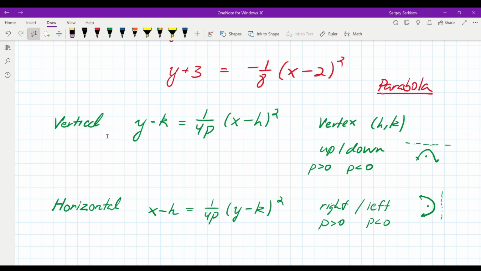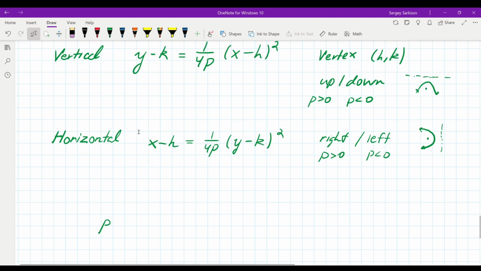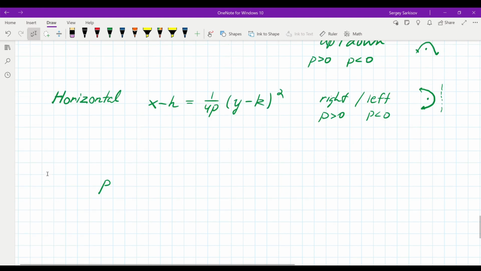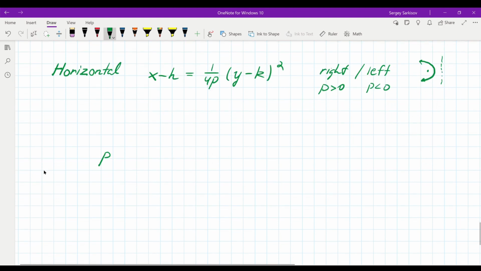The directrix is kind of how it's stemming from there. So directrix, vertex and focus are all part of the parabola. The definition of a parabola is all points that are equidistant from the focus and the directrix. So just remember that. So p is the distance